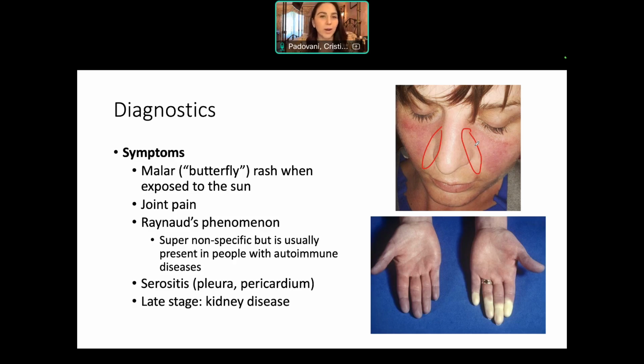But a lot of the times when you see Raynaud's in vignettes, just something I've noticed, it's usually tacked on to some sort of other autoimmune disease. So again, it's usually present in vignettes in people with autoimmune diseases. I don't remember if I go over Raynaud's in more detail, but the thing you're looking for in a vignette